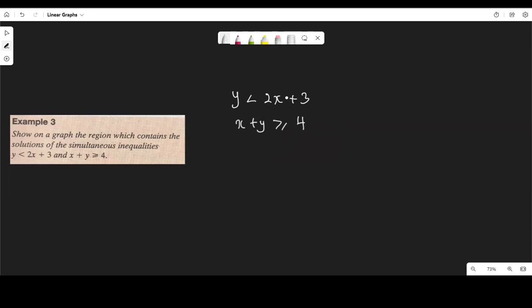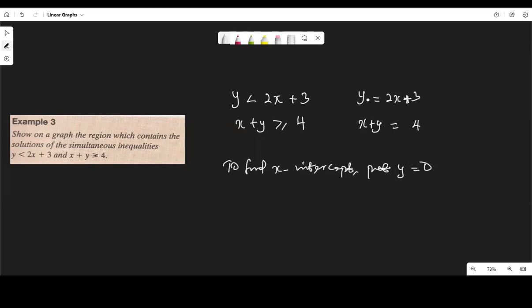So if I treat this as an equation, I'll write this as y equal to 2x plus 3. This one will be x plus y equal to 4. Like we did above, to plot this on a graph, I'm going to find the x and the y intercept. So for the first equation, to find x-intercept, I will put y to be 0. So if I put y to be 0, that means 0 is equal to 2x plus 3, which implies